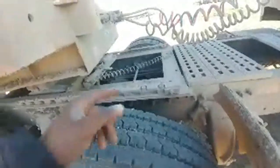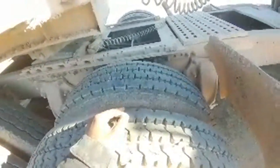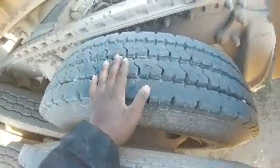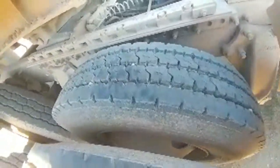But yeah, both of these inside tires are the ones that are losing about 20 pounds of pressure a week. But they got good tread, so I'm thinking it's just a valve stem leak. I'm not sure. There's no nails or anything in them. I obviously don't want to